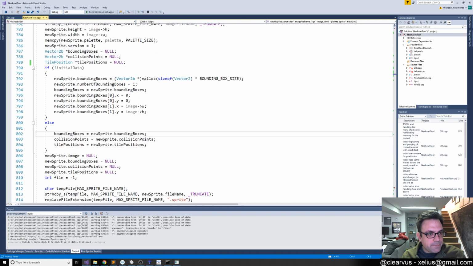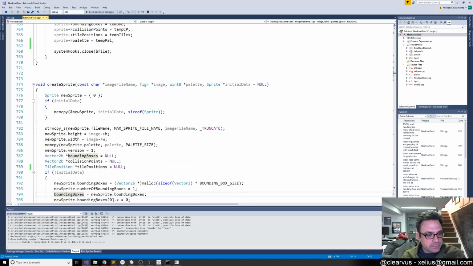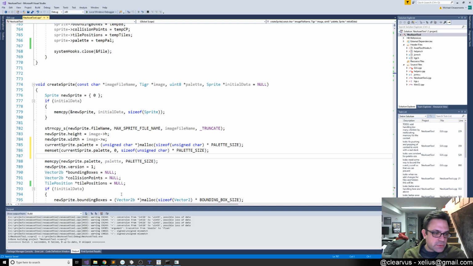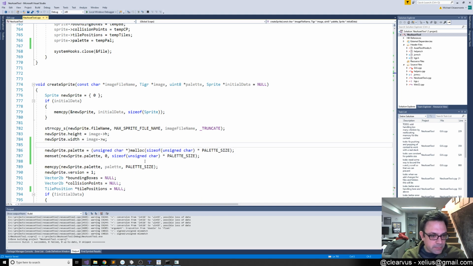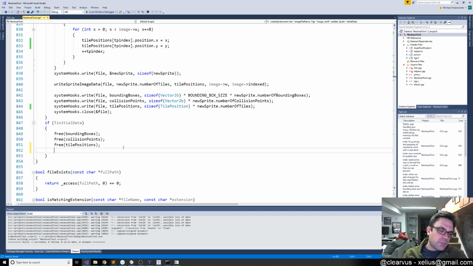So let's see. Oh, okay. But the problem is that's the problem. So we need to allocate our memory for new Sprite, palette. Okay. And then once we're done, we want to, if not initial data,